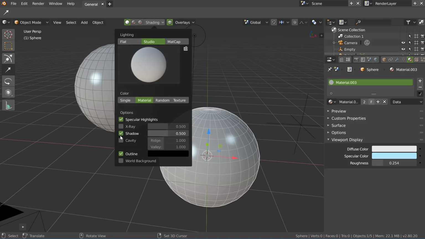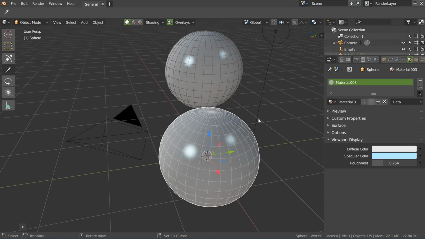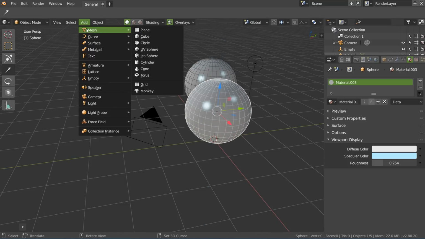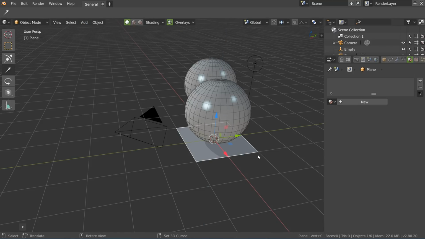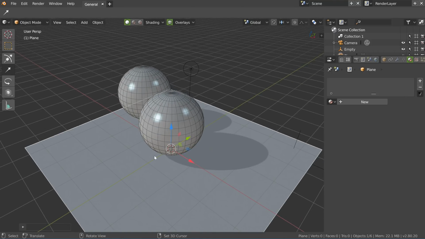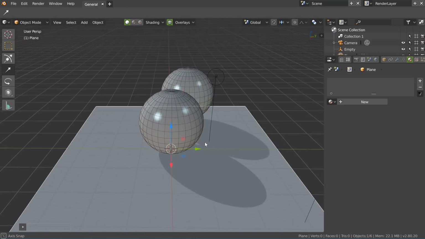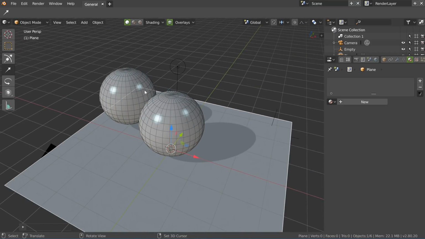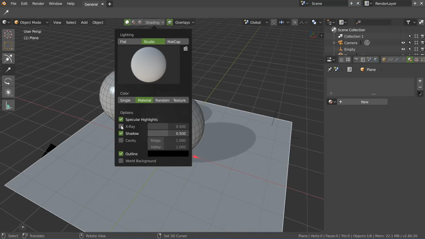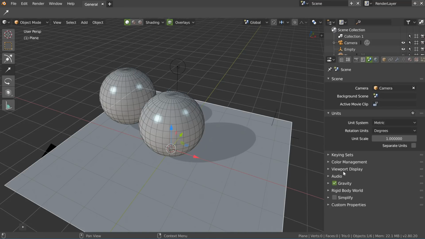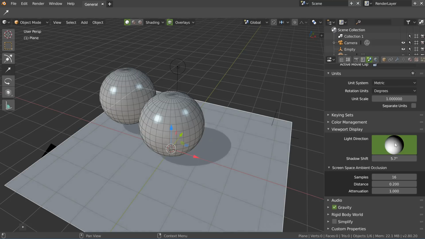Same, in fact, for the shadows. You have your shadow. I will move this one. I will add a plane. Yopla. So, I will press scale, and I cannot press scale, I don't know why. Okay, let's try again. I have my shadows, so this is nice, I like it. But I want to turn my shadow off. I search, there is no option. In fact, I have to go in viewport display, and I will be able to change it.